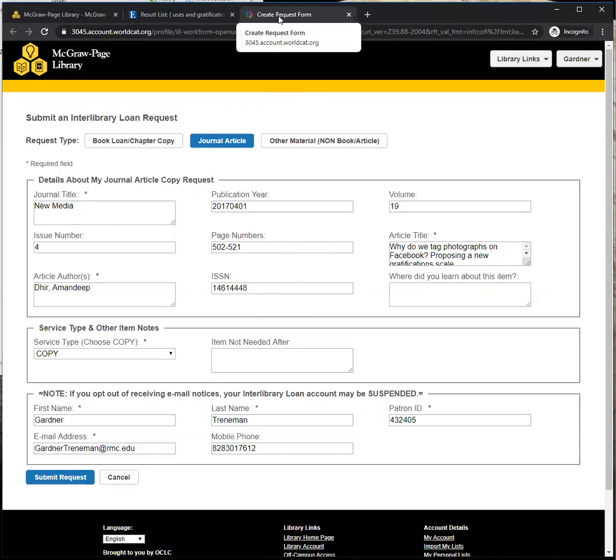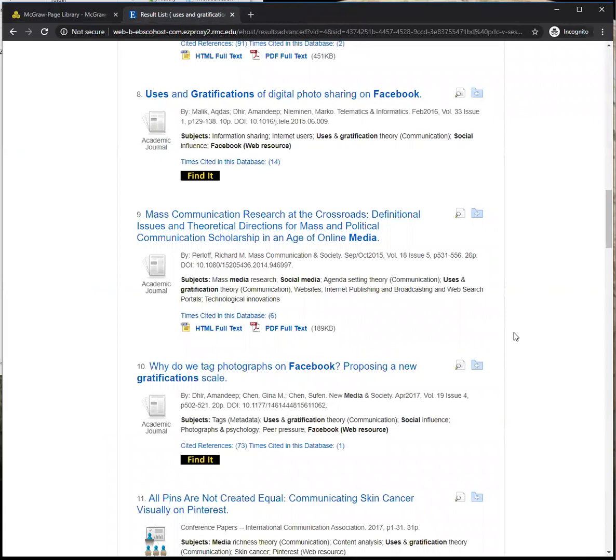It may show up the day after tomorrow. It's hard to say. I can't guarantee a date. The newer the article usually ends up being faster, okay? So Find It can be extremely useful for you. Like I said, this one came up with a full text link. This one did not. You had to go through interlibrary loan.